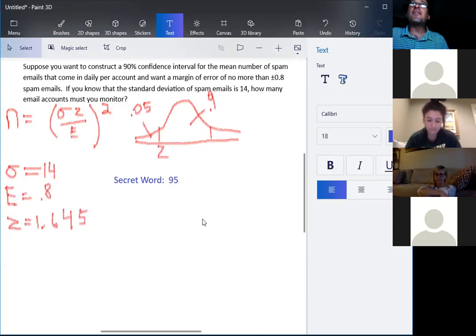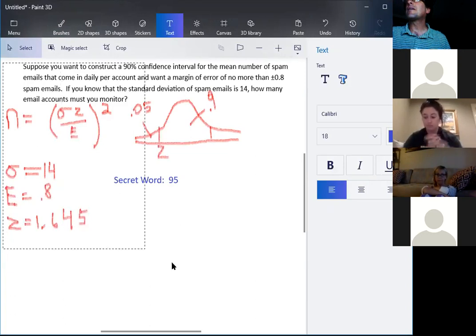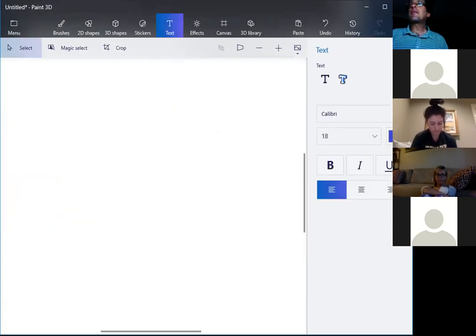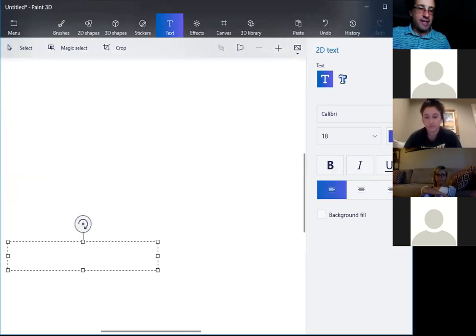Okay, any questions on confidence intervals before I spend a little bit of time talking about the project? Just a little bit. Okay, so the secret word is 95. I'm going to erase it and everything else. And I want to remind you that the project due date,